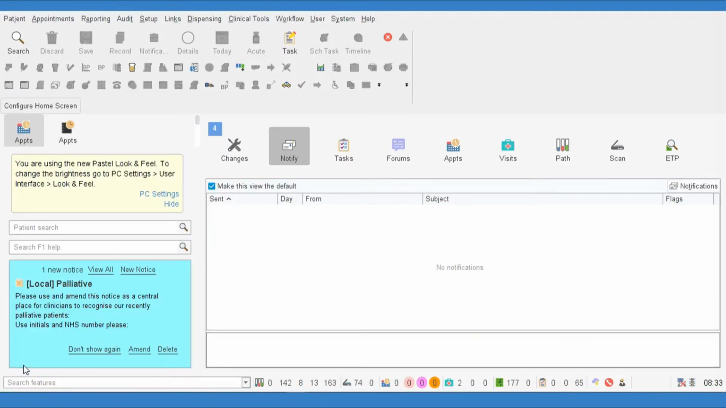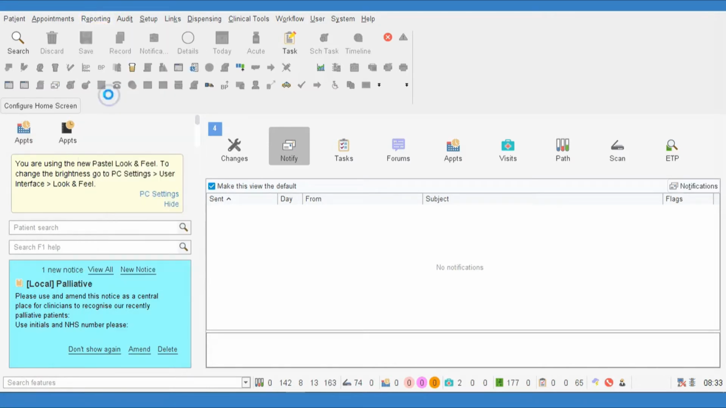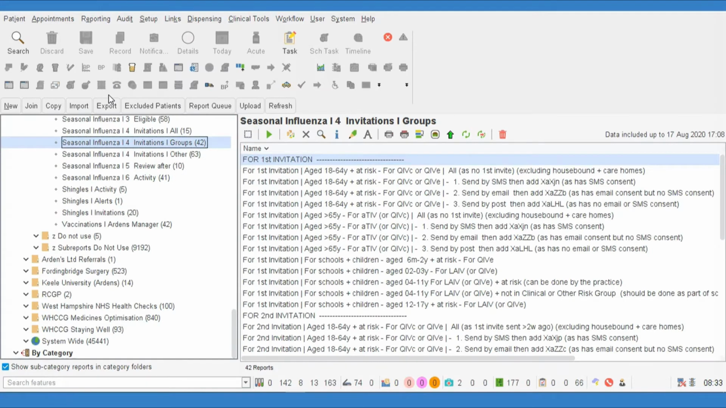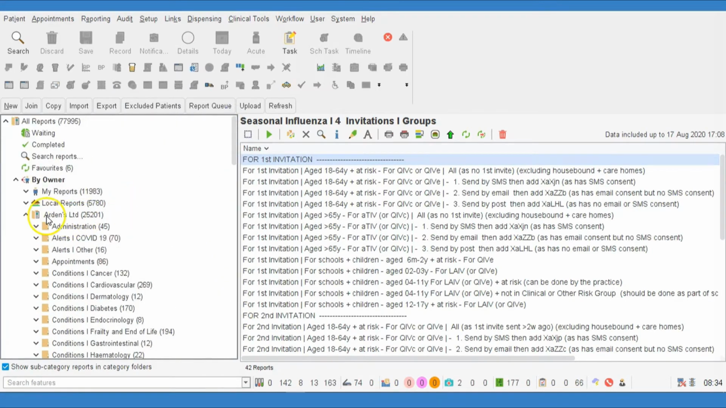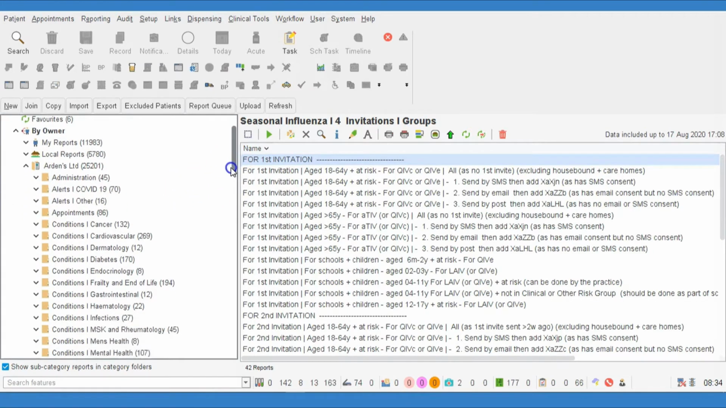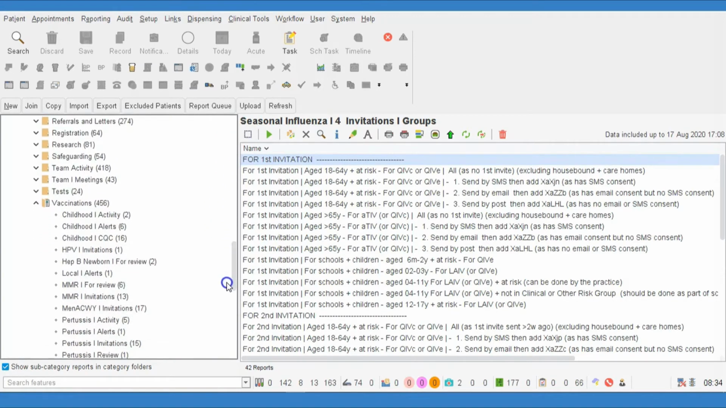So the first thing we're going to show you is some of the reports that we've got. We have a set of reports under reporting. So if you go to reporting at the top, down to clinical reporting, and when it opens, if I just scroll to the top of my list, you'll see a folder called Ardent Limited. If that's not expanded, if you expand it, scroll down the list until you get to a folder called